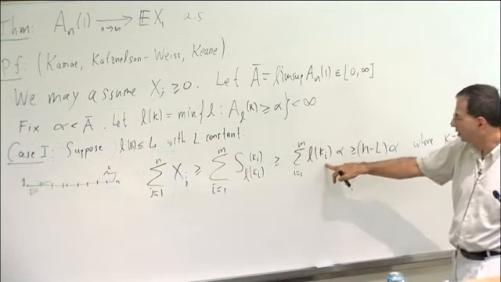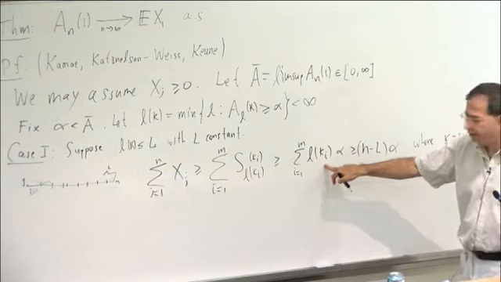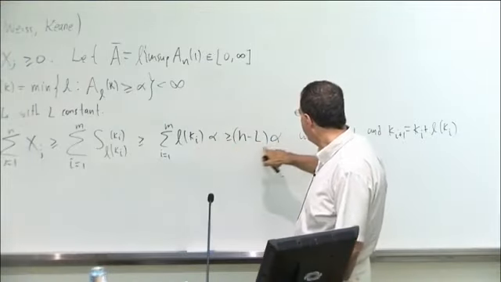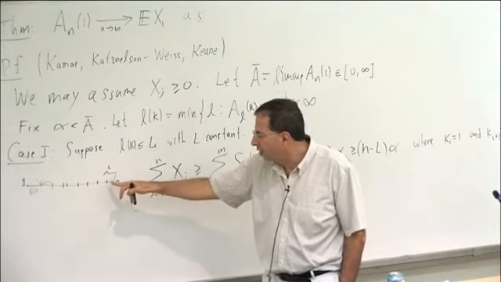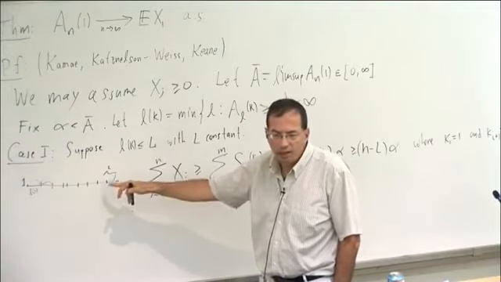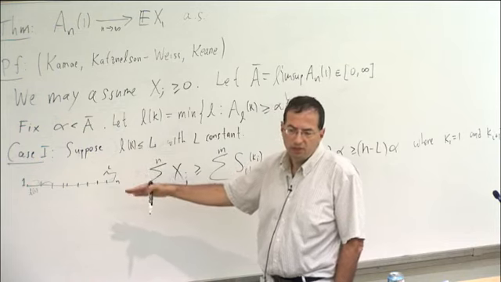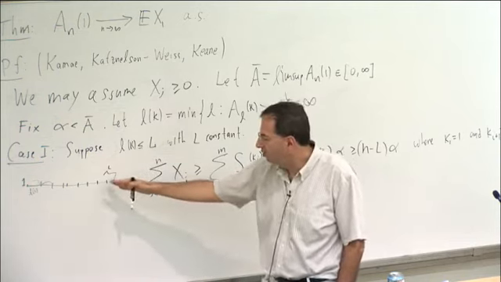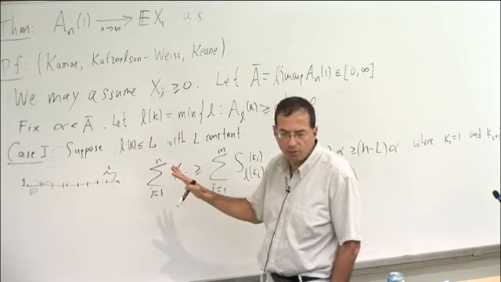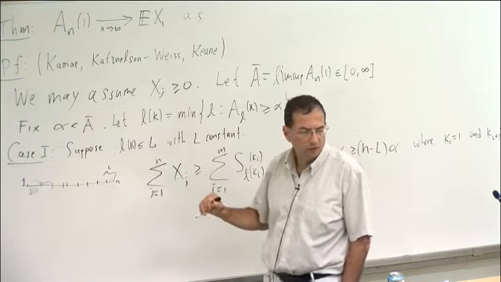So we get this inequality, and the length of all these intervals will exceed n minus L, because we just keep going as long as we can, and we just have to stop once we exceed n minus L. It's possible that the next interval will overshoot n, so we stop at that point. We don't take the next interval.